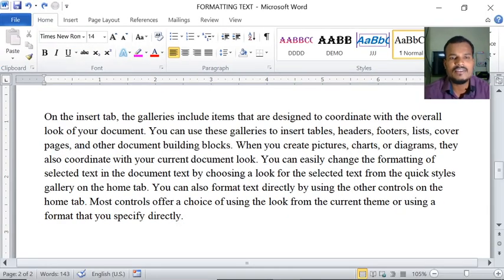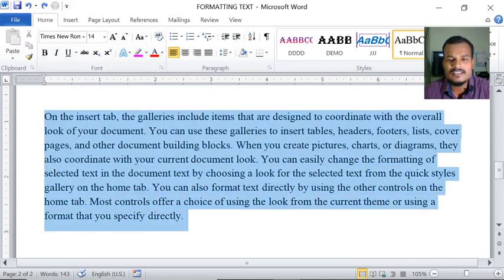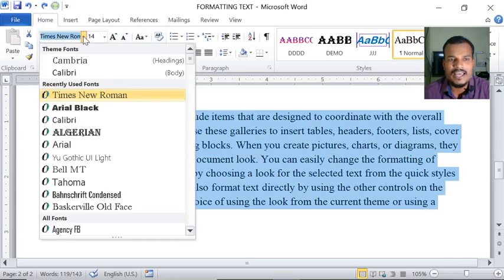In font, we will observe a number of different types of fonts. So depending upon our requirement, we can go with any font. For example, the font name here is Times New Roman. I want to change this font. Select the font and click this drop down arrow button. You observe the changes here. This is the Times New Roman font.